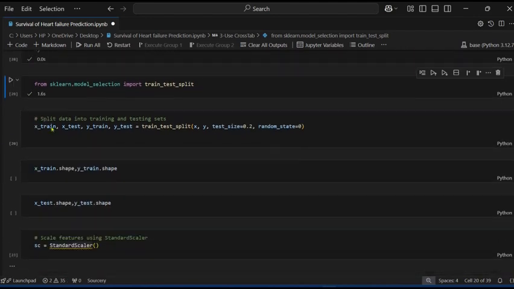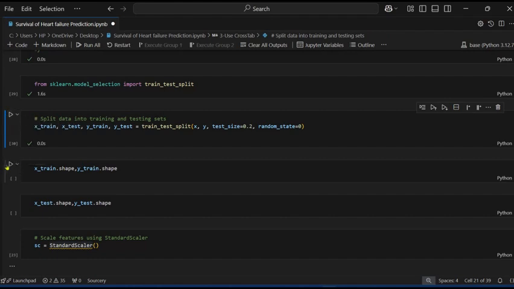Now splitting the data: x_train, x_test, y_train, y_test, where I pass x, y, test size 0.2, which means 80% is training data and 20% is testing data, and random state 0.